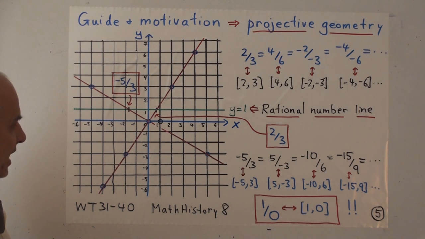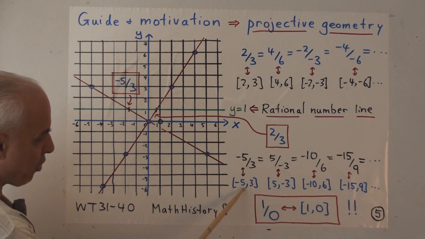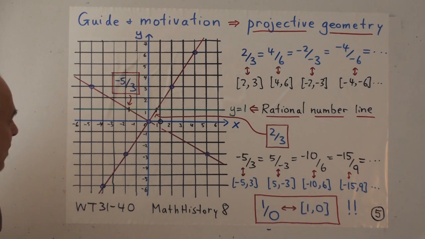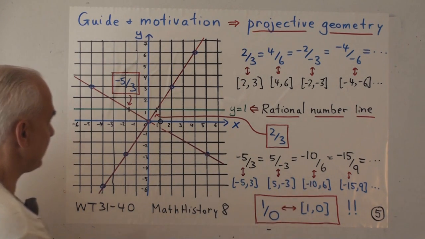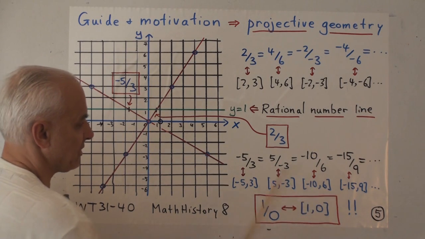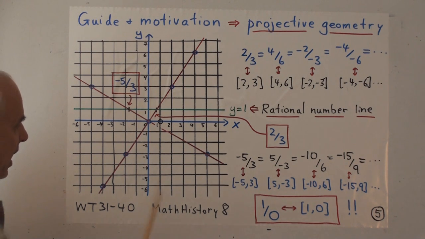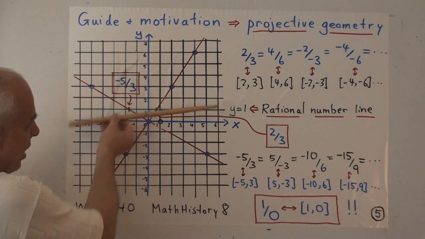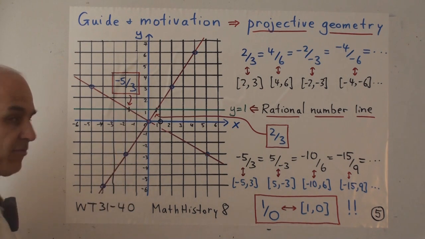As another example, say the rational number minus 5/3 corresponds to the point minus 5/3 over here. But minus 5 over 3 written that way would correspond to the point (3, -5). Or maybe minus 10/6, which would be further in that direction, or minus 15/9, which would be even further in that direction, and so on. And this line that's associated to this rational number meets the line y equals 1 at this point right here, and that is indeed minus 5/3. In other words, the x-coordinate really is minus 5/3.